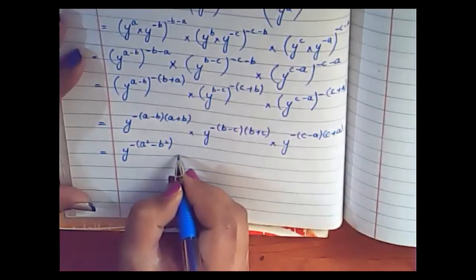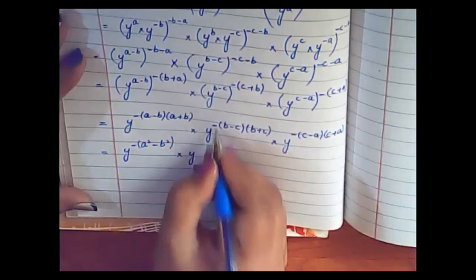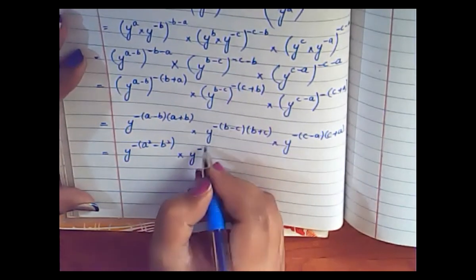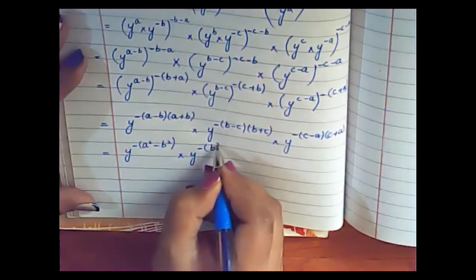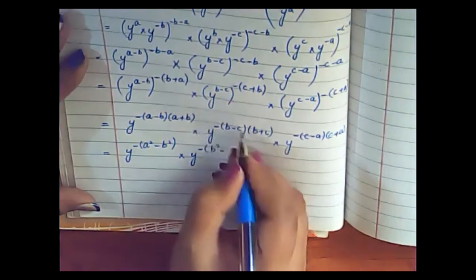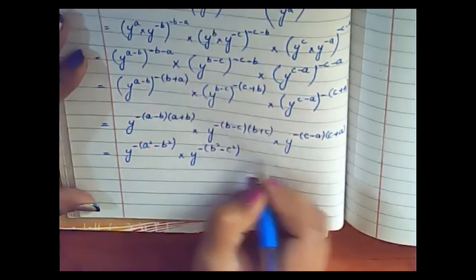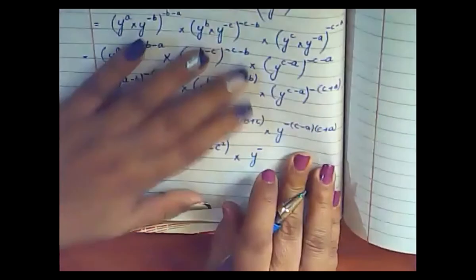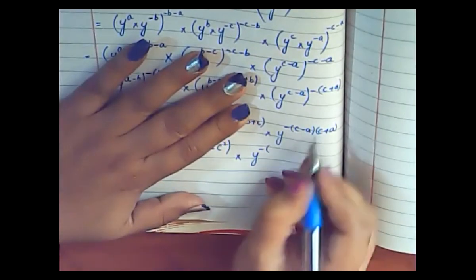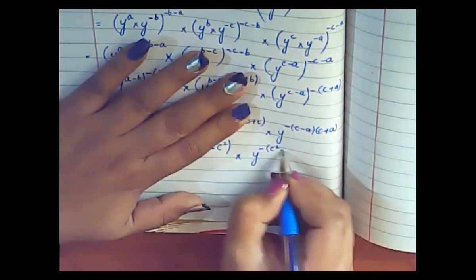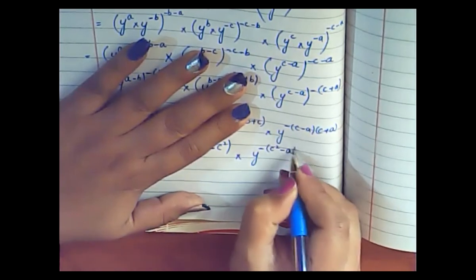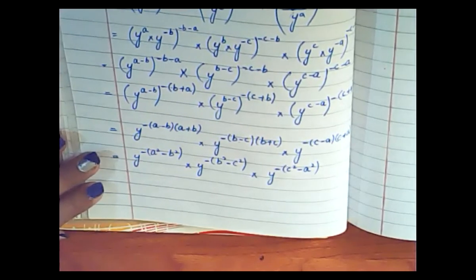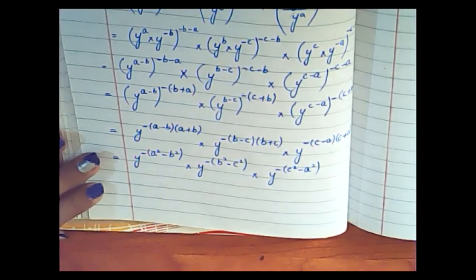Okay, then you have this one, the y minus sign will remain the same. We are going to multiply this bracket. When you are going to multiply, you will write down b multiplied by b will be b square, minus plus will be minus, c multiplied by c will be c square, then multiply by y, then minus sign. Okay, then we are going to multiply this one as well, c multiplied by c will be c square, minus plus minus, a multiplied by a will be a square. Clear? Is it clear? Please tell me, is it clear?